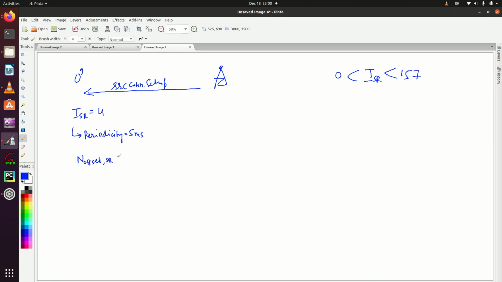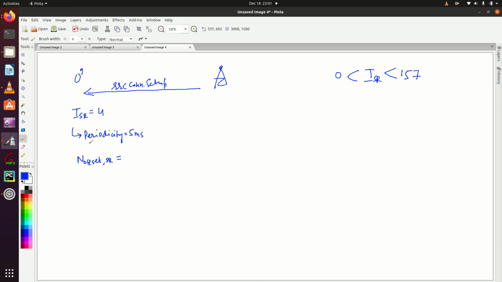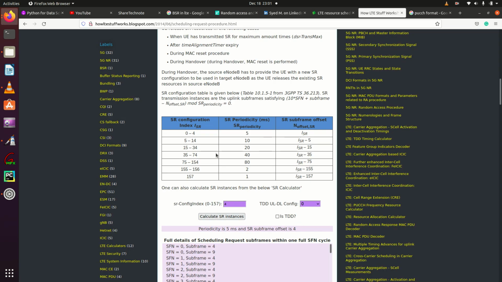Offset means from where the UE has to start, that is, the first PUCCH the UE is going to send, at which subframe. So in this case, when ISR is equal to 4, the offset is also 4.